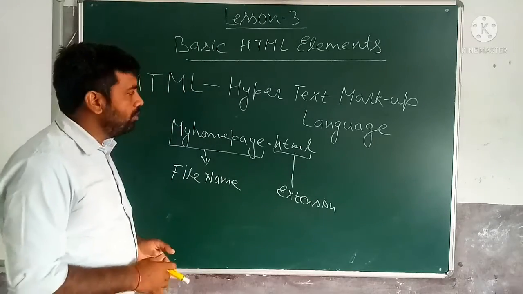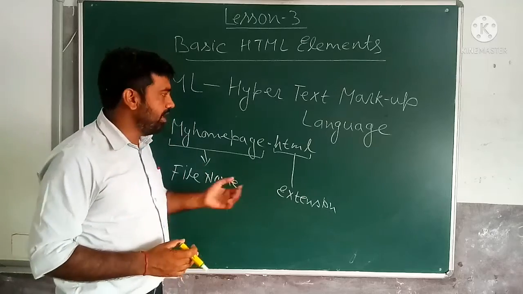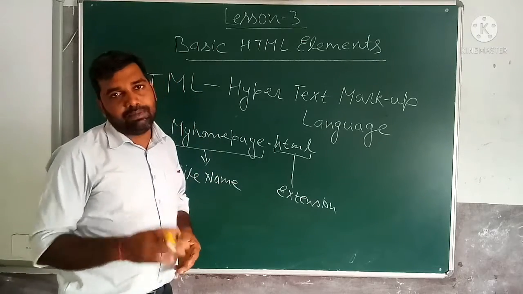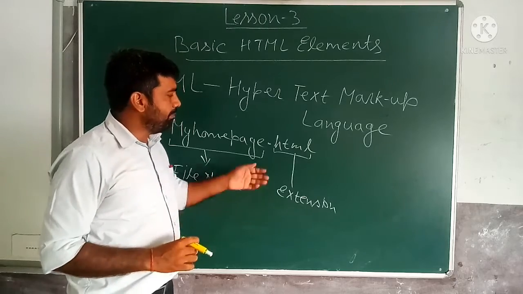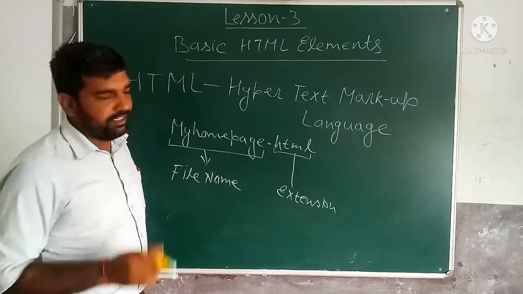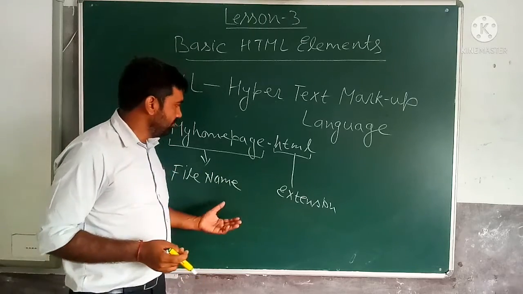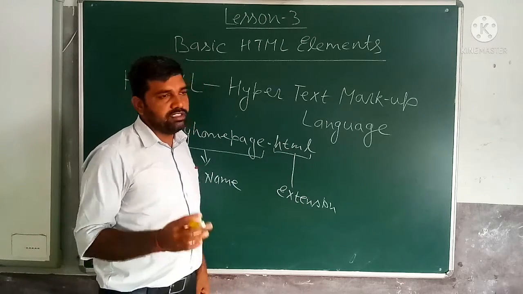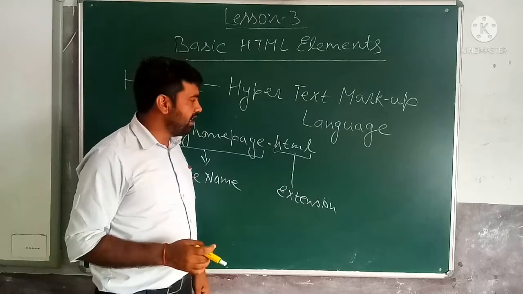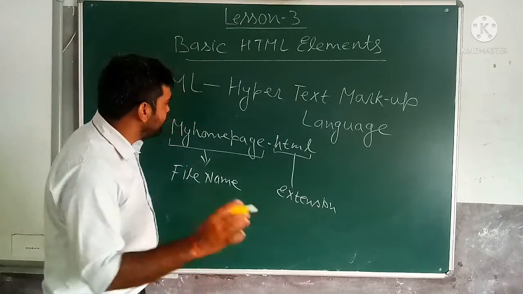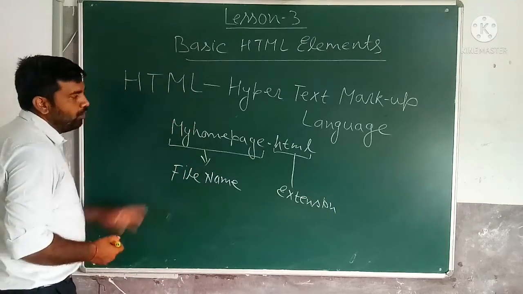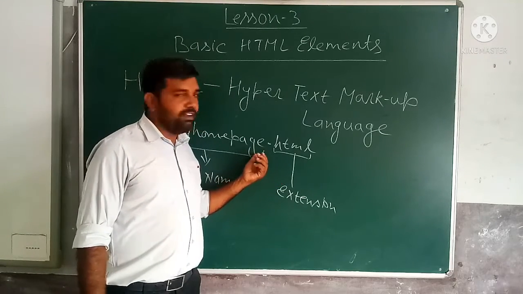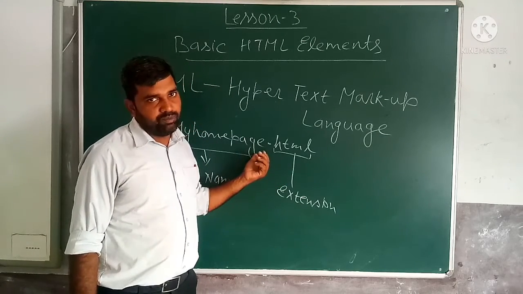page? So now the role of web browsers comes in. Now we have to open this HTML file with the help of the browser. For that purpose, there are two methods. One method: you search for the HTML file. Go to the search bar, just after the start button at the bottom on the taskbar, you find a search box. In the search box you type your file name, myhomepage.html. Press the Enter key. Now your myhomepage HTML file will be displayed on the screen.